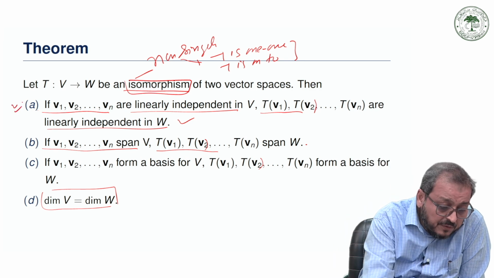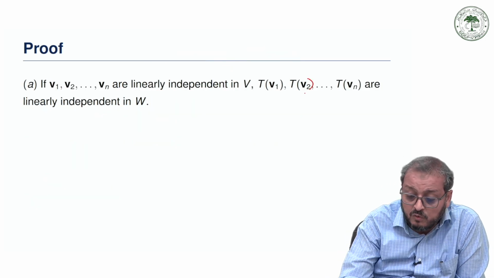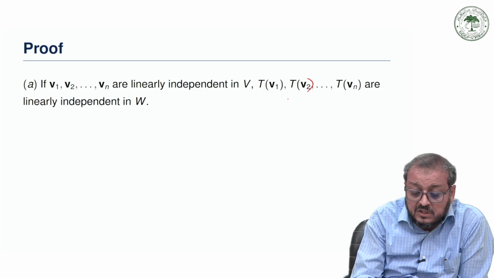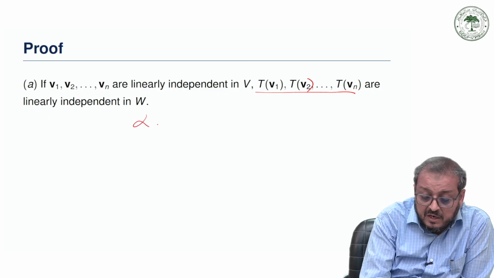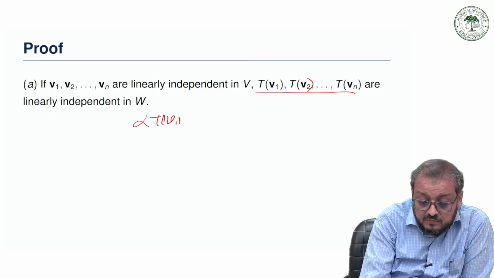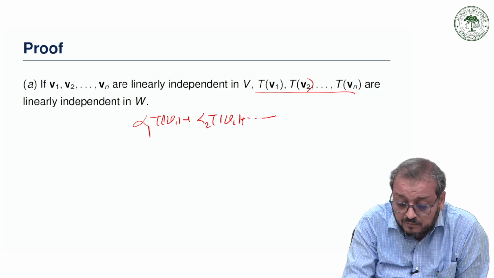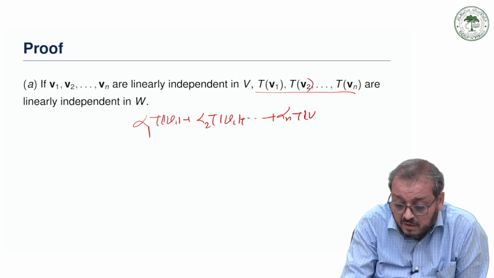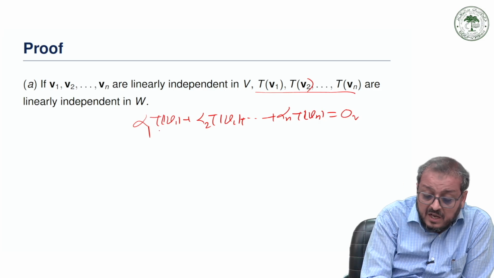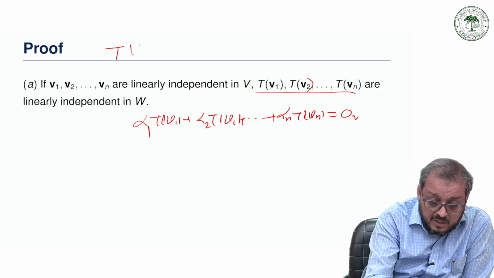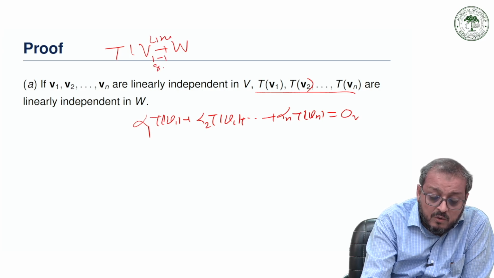We start with the first one. Let v1, v2, up to vn be linearly independent vectors. We try to prove that T(v1), T(v2), up to T(vn) are linearly independent. So we write alpha 1 T(v1) plus alpha 2 T(v2) plus and so on up to alpha n T(vn) is equal to the zero vector in W. Now, because T from V to W is linear and also one-one and onto,